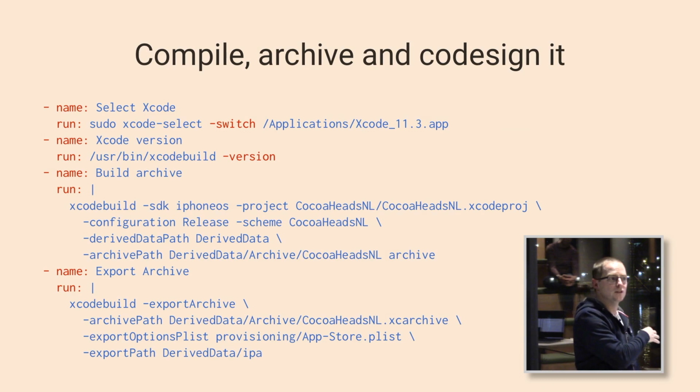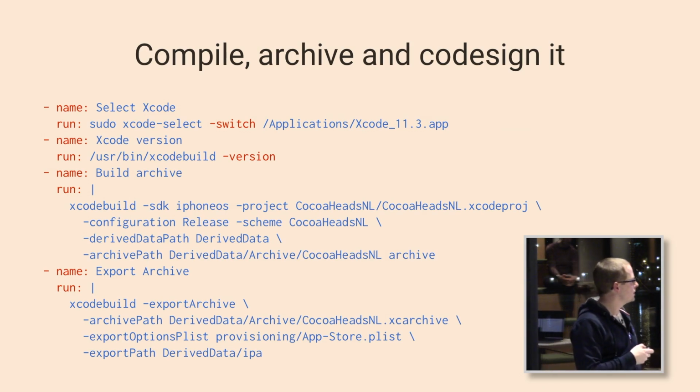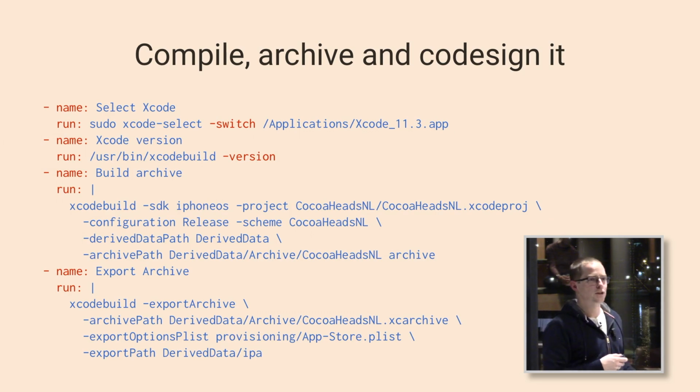It's convenient to do that because otherwise it's deep down there in one of those developer derived data paths with a nice UUID in there. So try finding that when you're looking through a straw, because that's one of the drawbacks of using a runner like this. And I provide an archive path where I want my archive to be output.